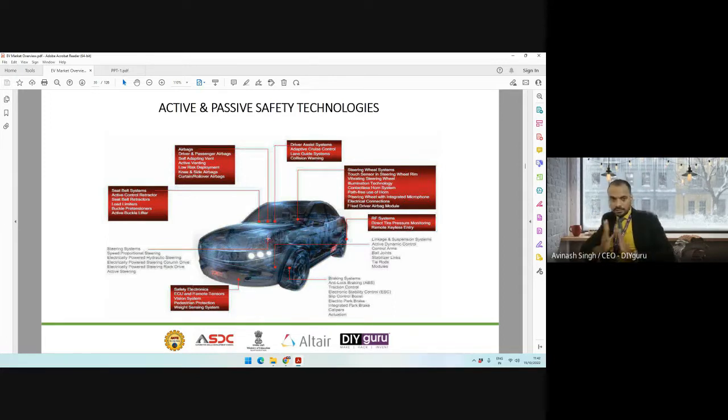Maybe suspension system. If you talk about suspension system, there are dynamic control, control arms, ball joints which are already working in the vehicle. Whenever your vehicle is driving, जब भी आपकी गाड़ी चल रही है, तो ये कंट्रोल आर्म्स, ये बॉल जॉइंट्स, ये स्टेबलाइजर, ये टाई रड्स, ये सारे के सारे उस पर्टिकुलर मोमेंट में काम कर रहे हैं। अगर वो बॉल जॉइंट खराब हो जाए, तो आपको एक्सीडेंट हो जाना है, ठीक है।